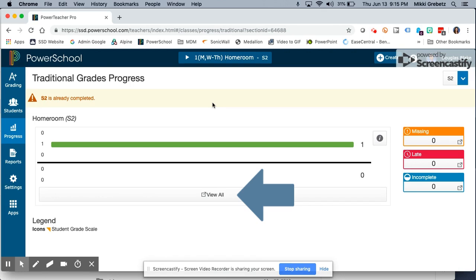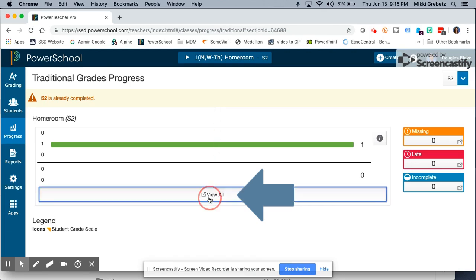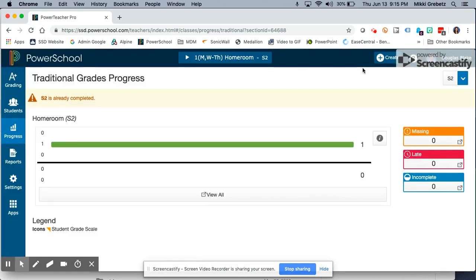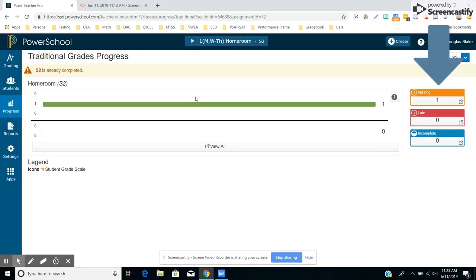You can click on the bar graph to see the grade distribution by quarter based on individual students who are displayed on the right in this window. There are also indicators next to grades to show if students' grades are increasing or decreasing. Back in the Traditional Progress screen, there is a class count of missing, late, or incomplete assignments for this grading